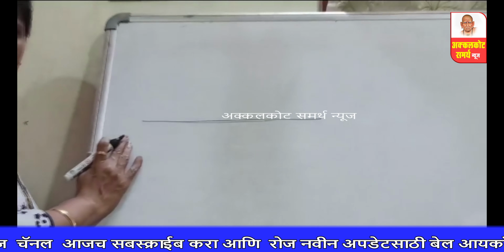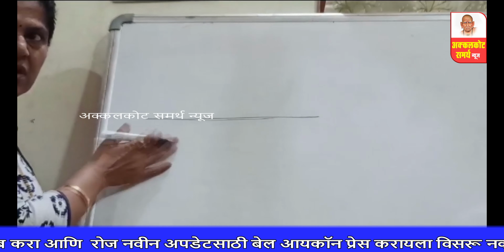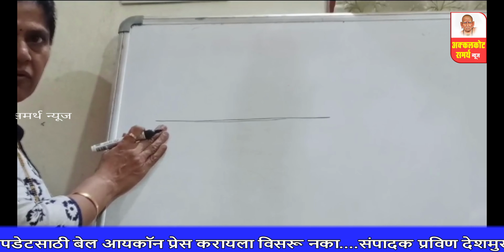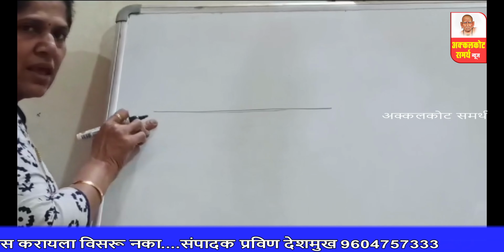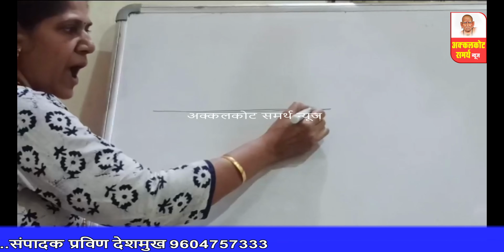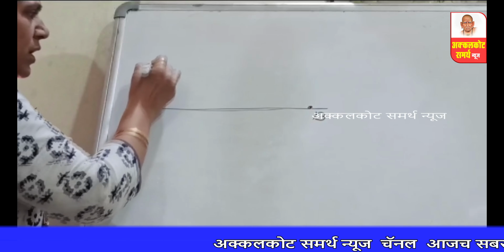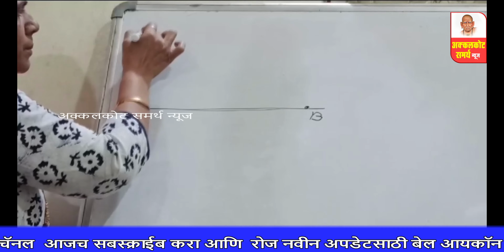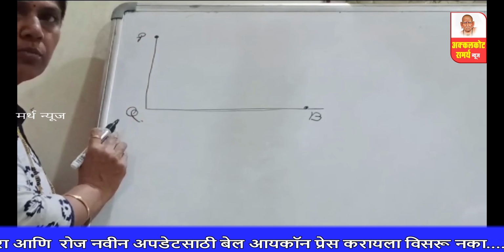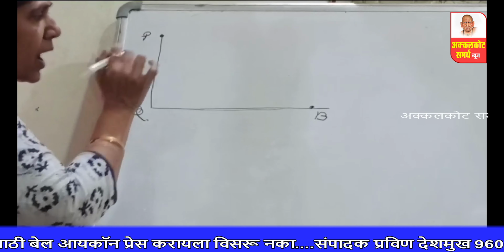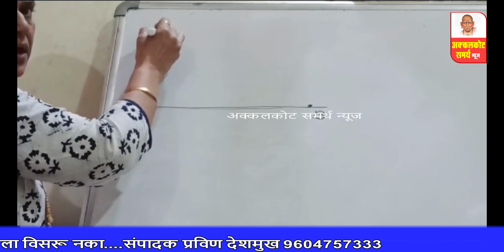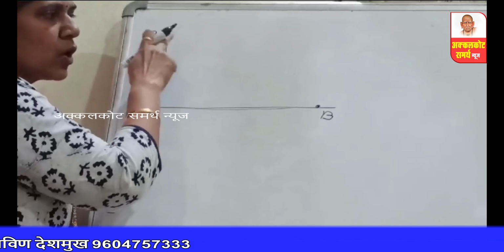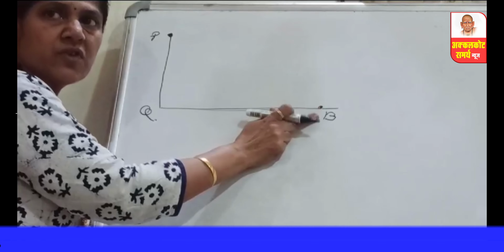Now this is sea level, we say, correct? Sea level you consider, or your horizontal level. That is here, this is all sea level, water is here. And at point B, or at the position of B, one ship is there. And here one lighthouse is there, correct? So let PQ be the height of the lighthouse, right? And here one person is standing and he is observing, or he is looking toward this ship here.